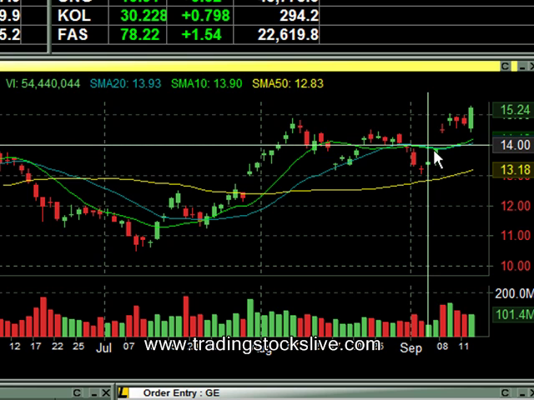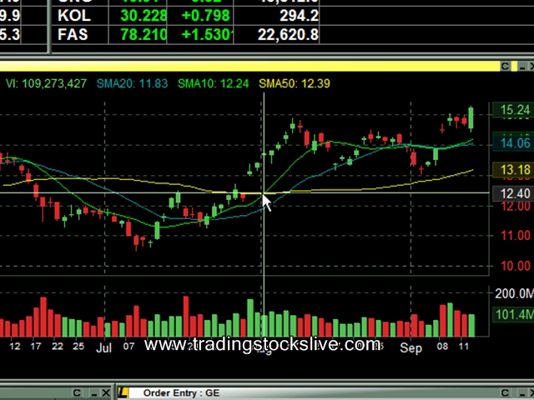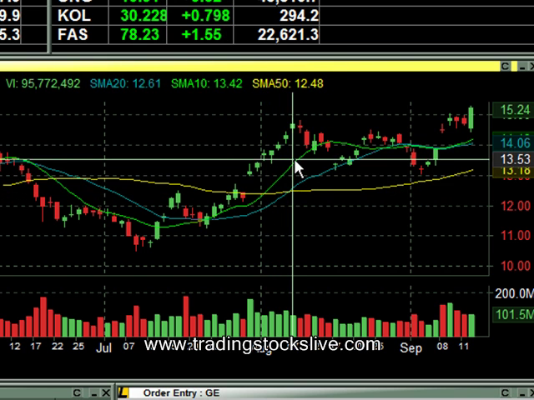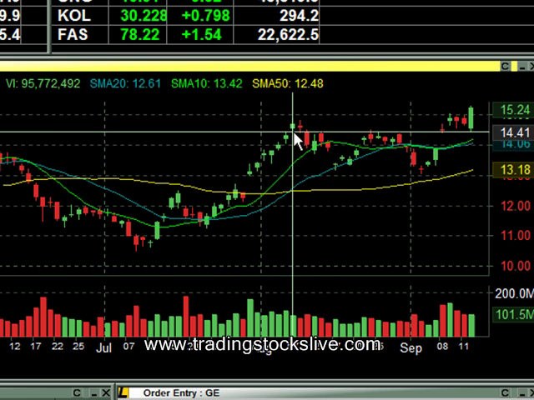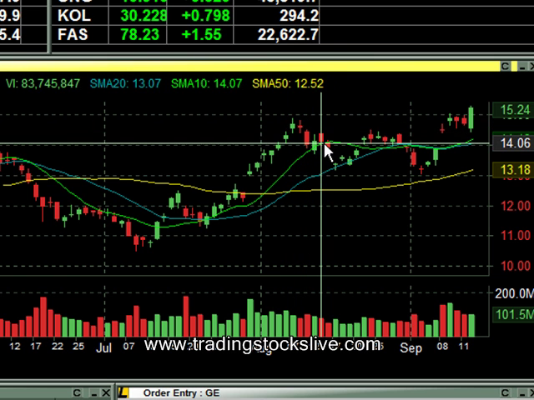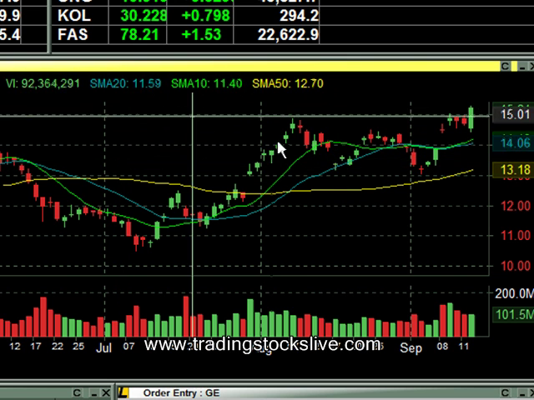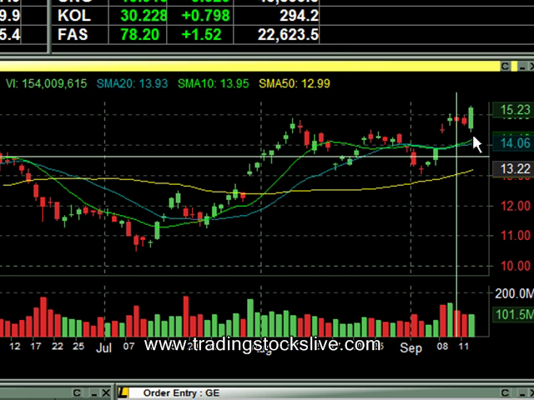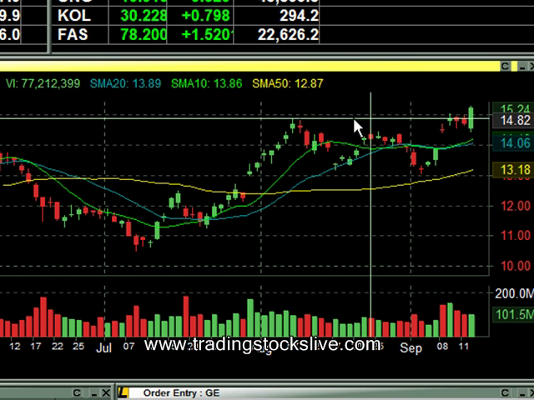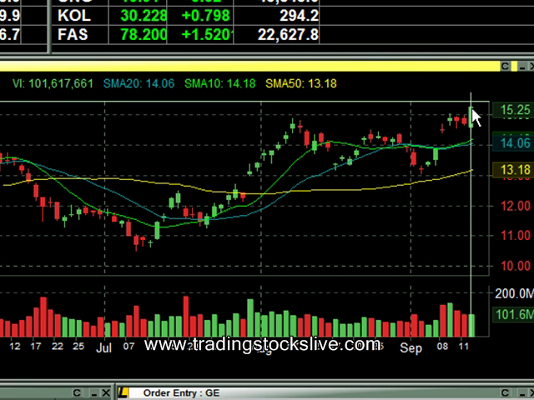Now this is a simple moving average, 10-day. What this tells us is the average price that this stock was over the last 10 days is right here. So we see the company stock price is a lot higher than this 10-day moving average. It kind of hits it, comes below it, and touches the 20-day moving average, which is right here. This is how I have my chart set up. And finally, I have a 50-day moving average, which is right here. But anytime you have a company that breaks this resistance line and shoots out, that's very, very significant, and something that you definitely want to pay attention to, because this tells